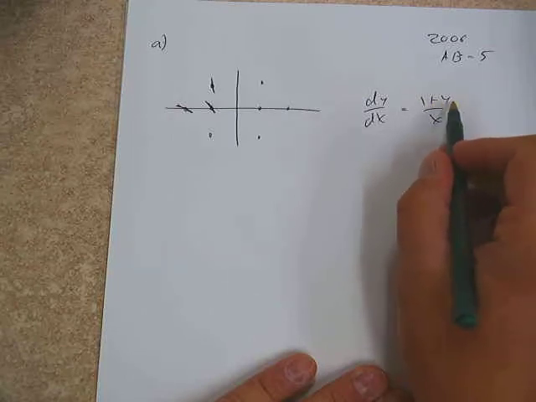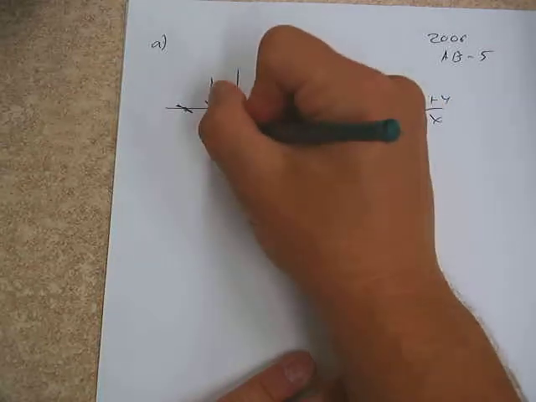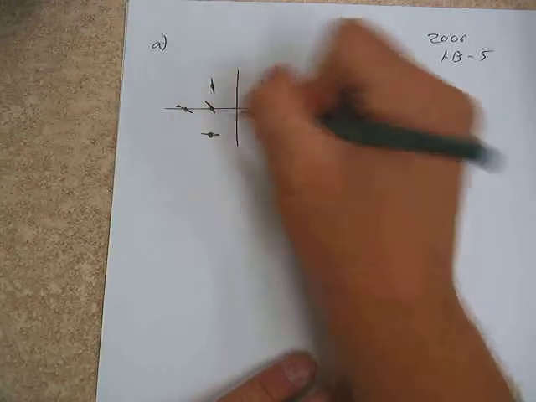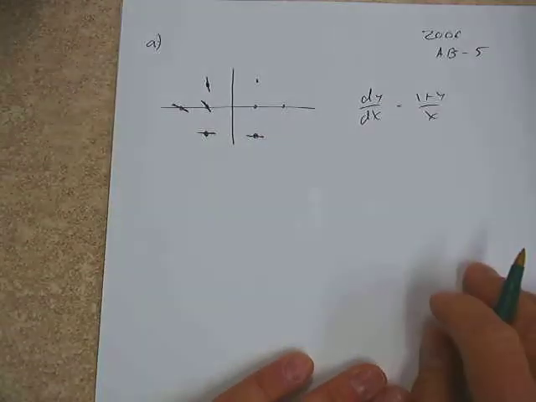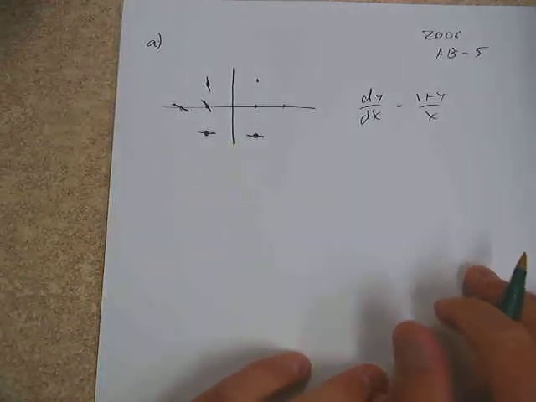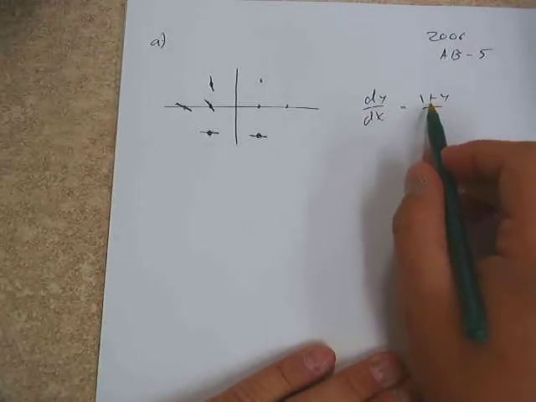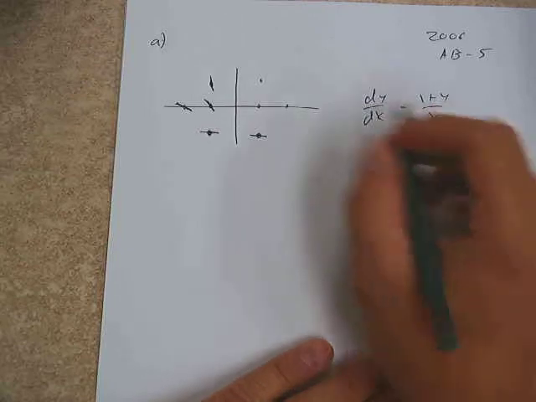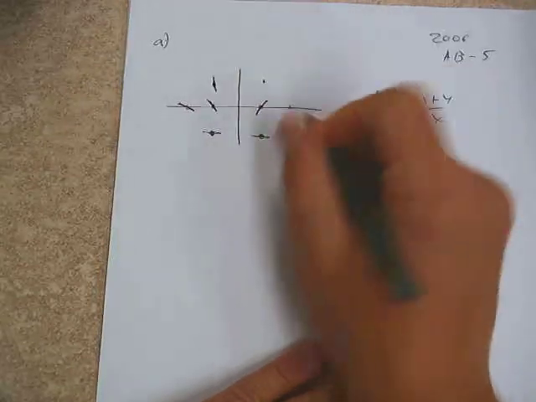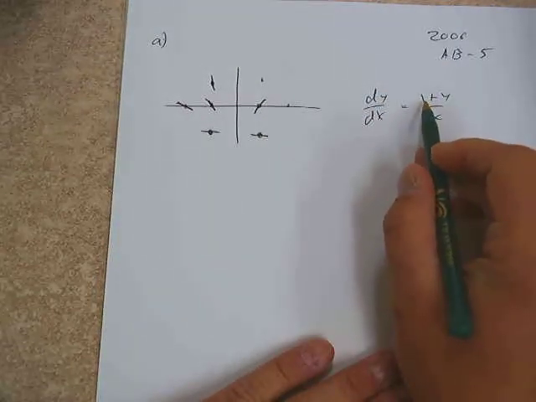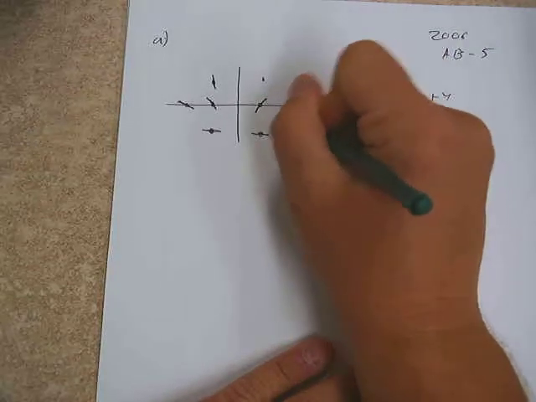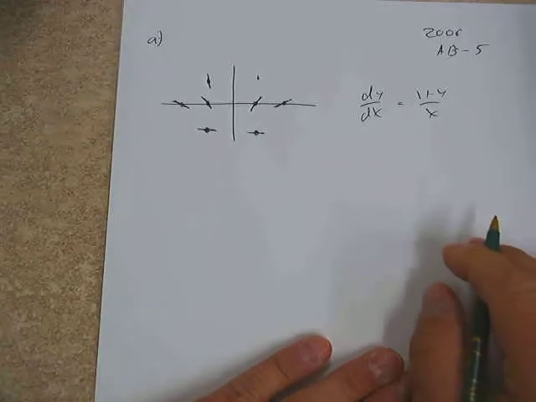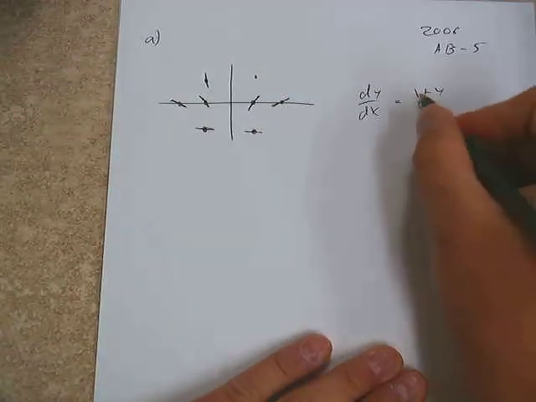And if I do this one, this would be -1, 0, which would give me 1 up here, -1 here, so a little steeper here. If I were to put this point up here, which is -1, 1, so -1 would be on the bottom, 1 would be on the top, so it would be 2 over -1, so this would be a little steeper here. And then if I did this one, I have -1, -1,